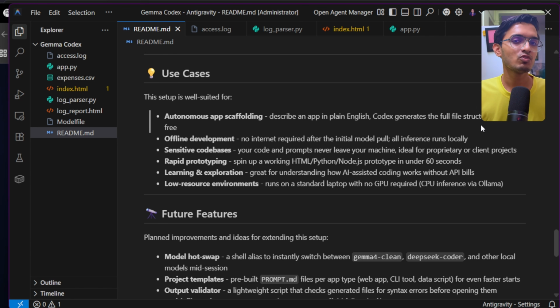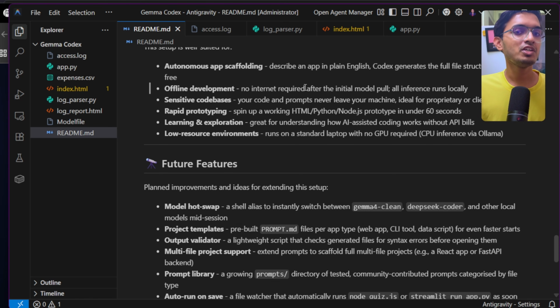But in this kind of task, you will need a bigger model because the Gemma 4 E2B is a tiny model which will not be able to handle multiple file structures fluently. Then, without any internet connection, you can do the entire development. You just need to pull the model and all the inferences will be run locally. And if you want a secured code base, if you want complete privacy, then this setup is perfect because all of your code and prompts will never leave your machine,